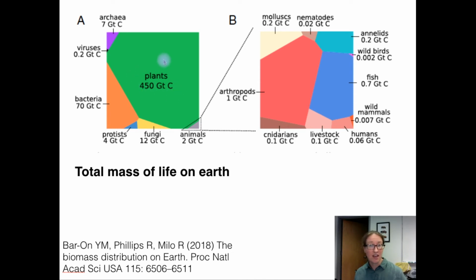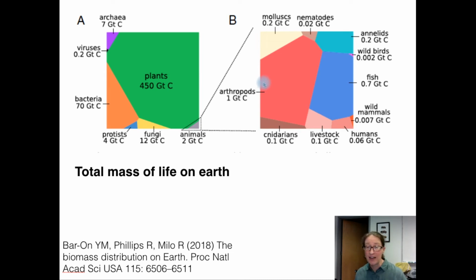So plants are clearly the most overwhelmingly massive. They make up 450 gigatons of all the living things on Earth. And then animals, kind of humble, are just down here in one corner at a puny 2 gigatons. So then if we enlarge the animals, things actually get a little more humbling, because as you see